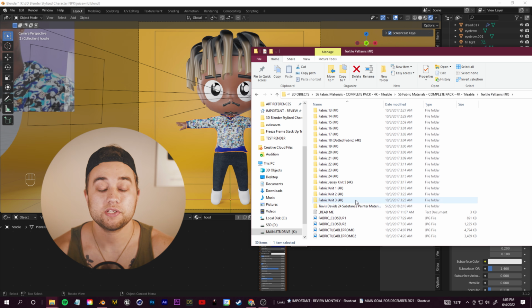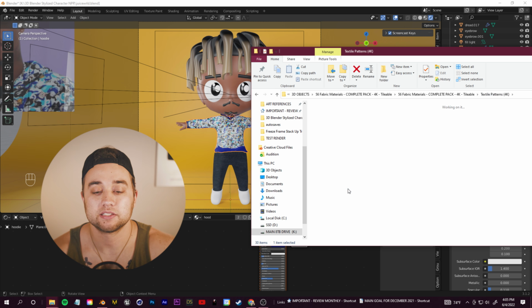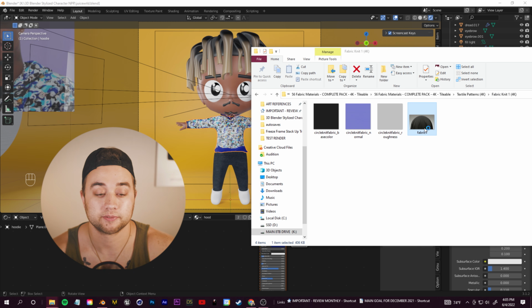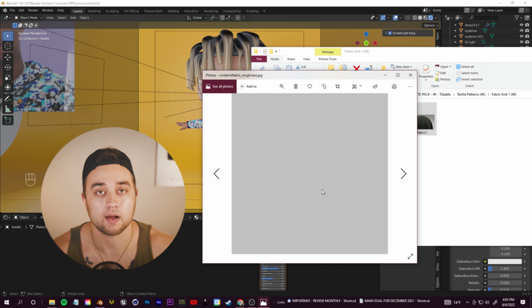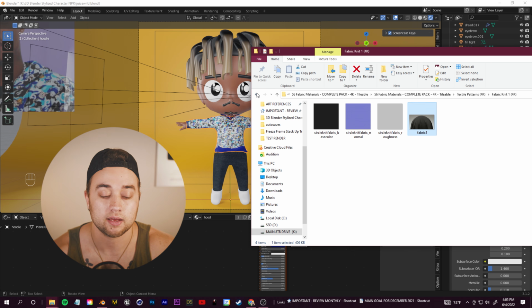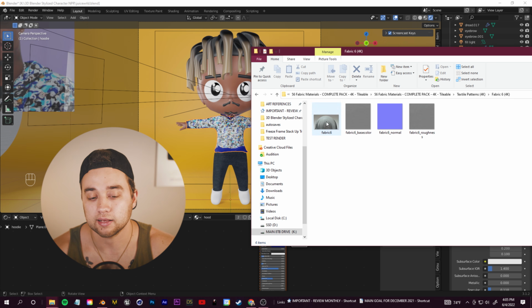So to make these clothes a bit more detailed, I'm gonna load in some custom clothing normal maps. I got these maps from Travis Davids. You can search for clothing maps online. I'm sure you can find a bunch of free ones, but either way, once you have something like this,